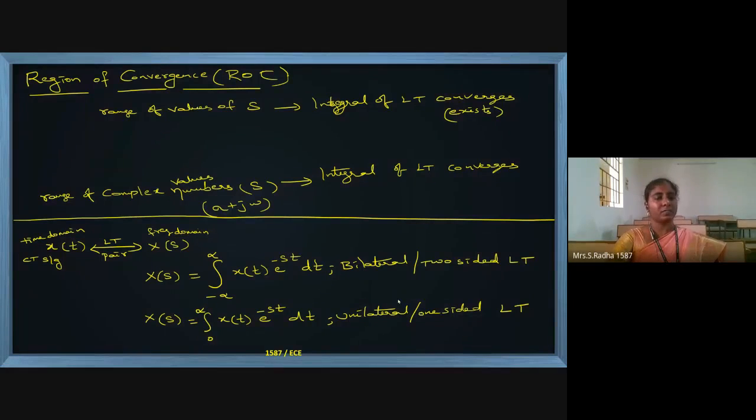Two types of Laplace transform are there. The first is unilateral or one-sided. The second type is bilateral or two-sided. This is about the forward direction. If you want the reverse direction, that is, if you want the time domain,